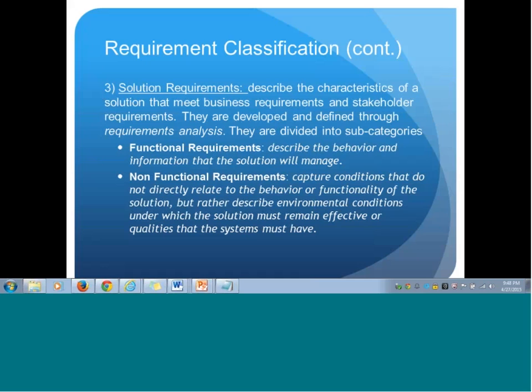That is going to describe the behavior and the information, what the user is going to do and how the system is going to react. That is more towards the functional requirement. And what is non-functional requirement? Non-functional requirement is, right,